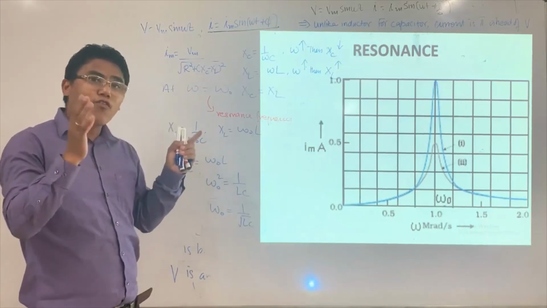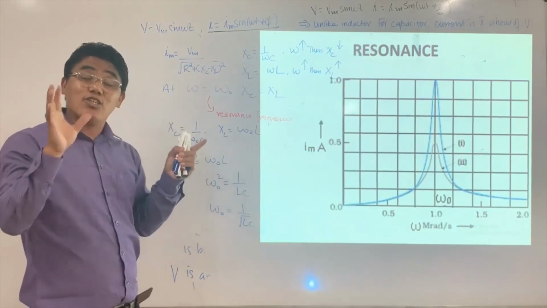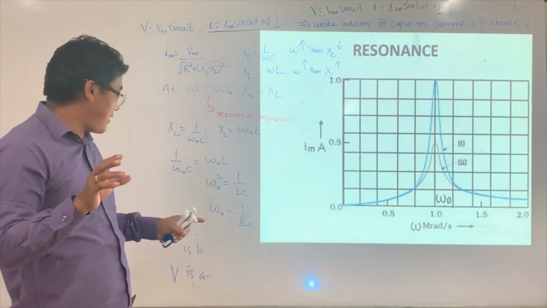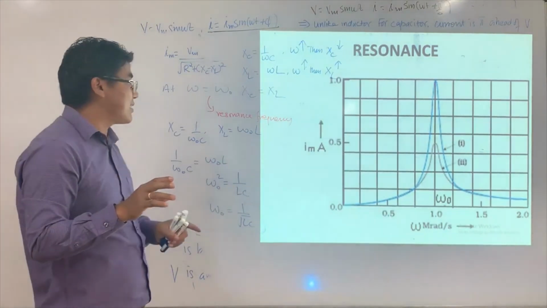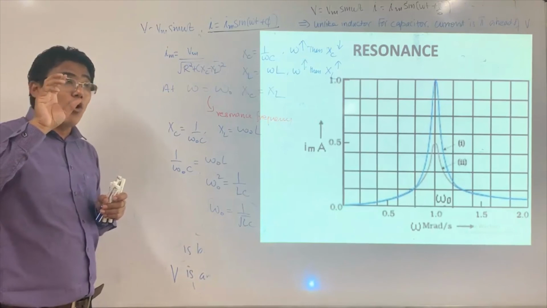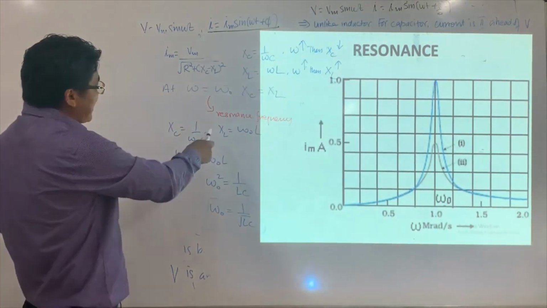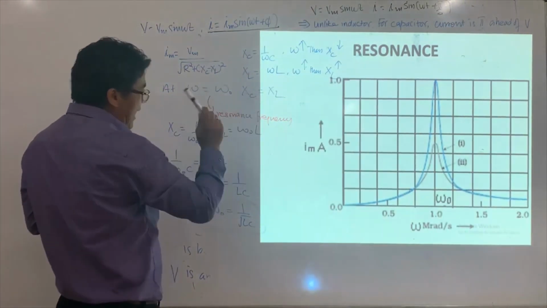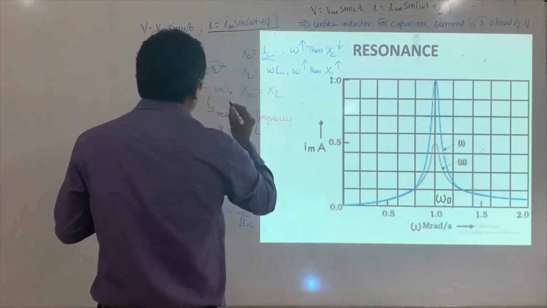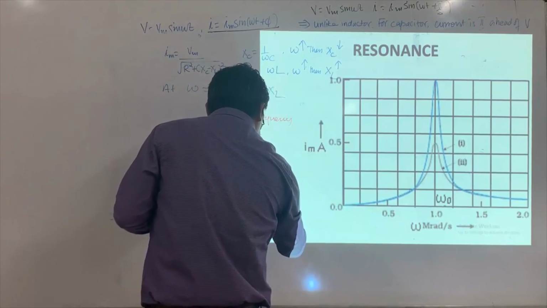So the resonance frequency is a characteristic of L and C. Now if I fix omega equal to omega naught, then Xc is equal to XL, and then finally what we get is